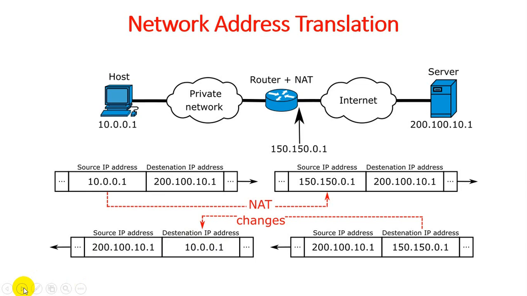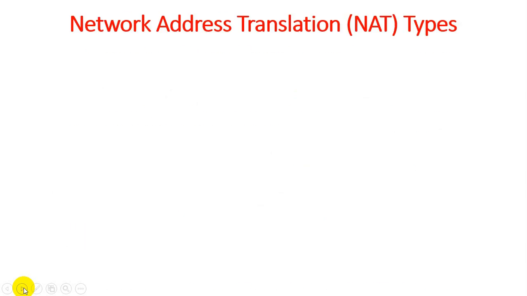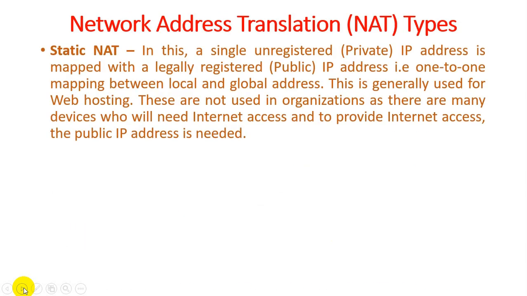So I think this figure covers all the explanations about inside address, outside address, inside global address and outside global address, and the fundamentals of where the IP address is changed in network address translation. Now I think you know the requirement of NAT and how NAT is implemented in real life. Now we see the different types of network address translation.